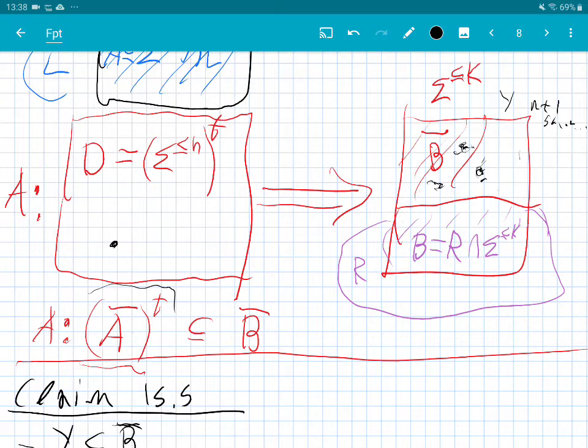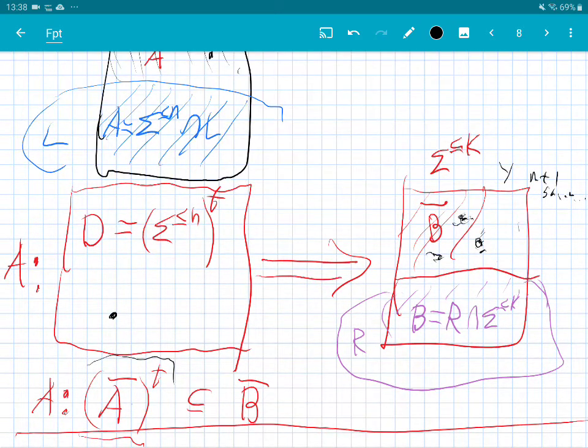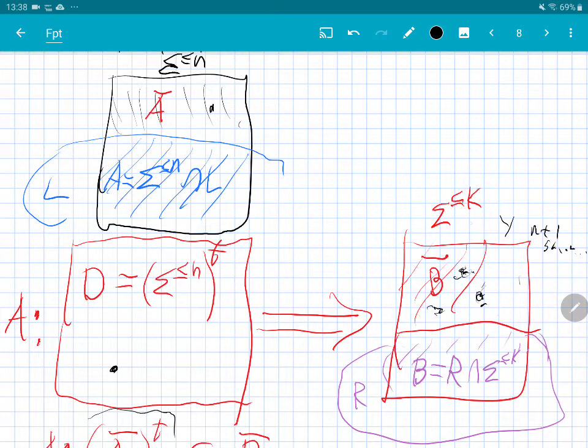And then what is going to happen is that we're going to take all the strings that we guess together with the input string and apply the algorithm A to it. The algorithm A is polynomial time, so we get a string in sigma with at most k characters, and now we can check whether this string belongs to one of those n+1 strings that are covering the bad space, right? So this we can do, right?